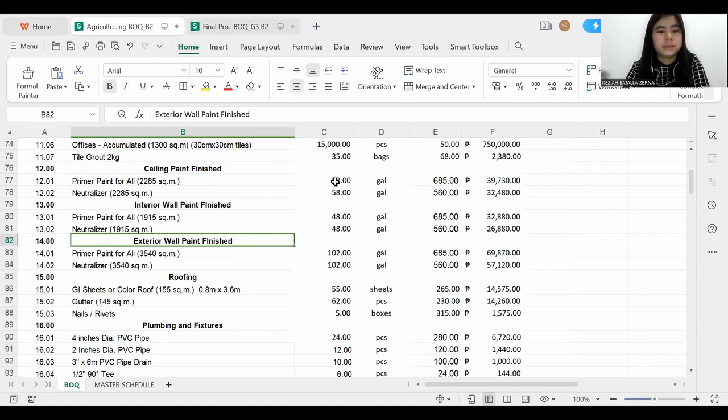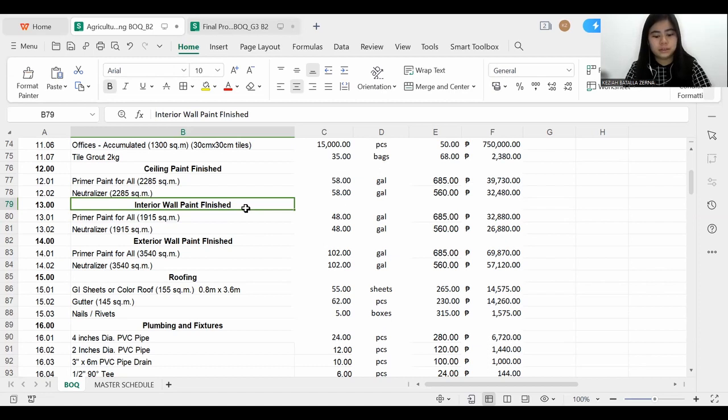So these are its totals. After calculating the surface area, I subtracted the area of the openings of the wall, such as the windows, doors, and etc. After getting the final surface area with the openings subtracted, I divided it by the values that were given from the discussion, which is 40 square meters for the exterior wall, since 1 gallon of smooth to fine surface is 40 square meters.